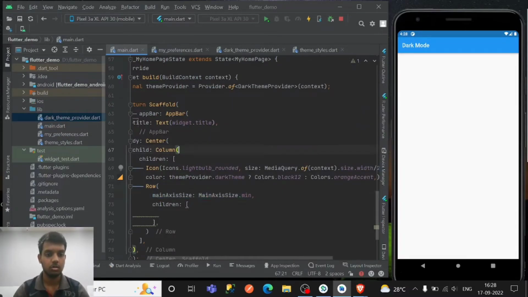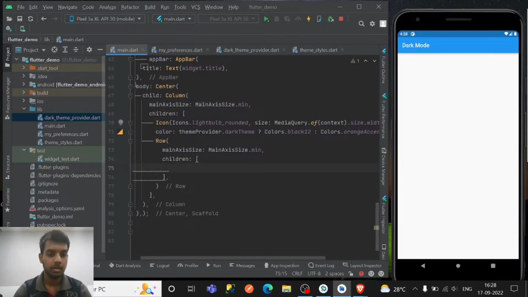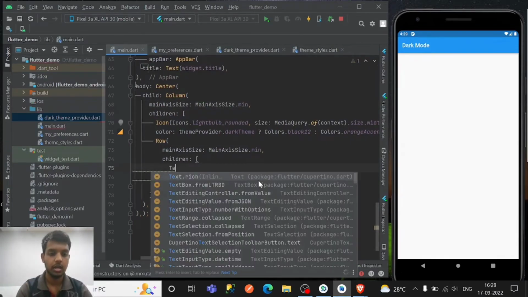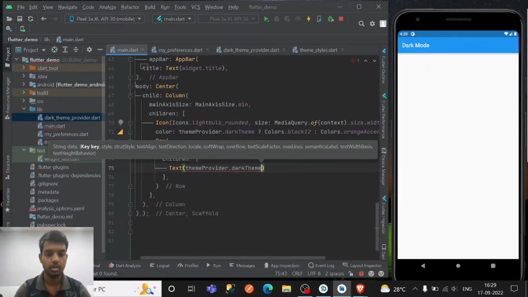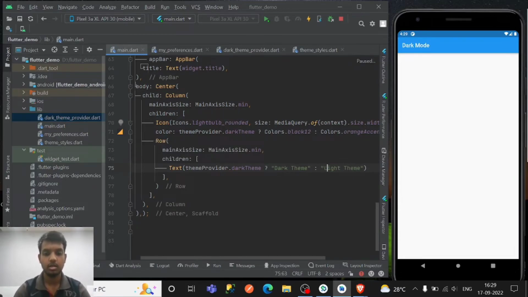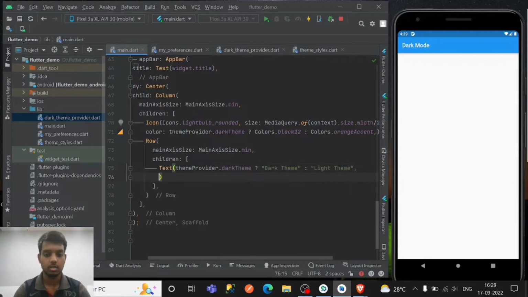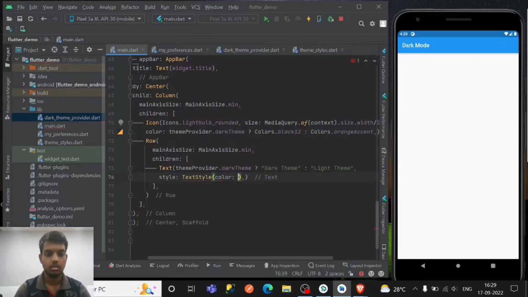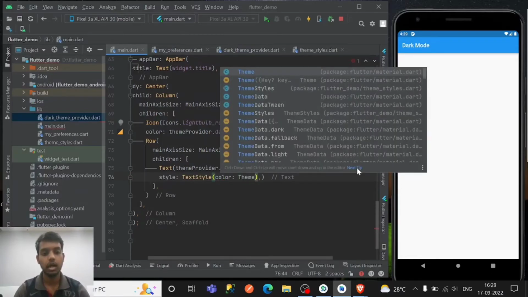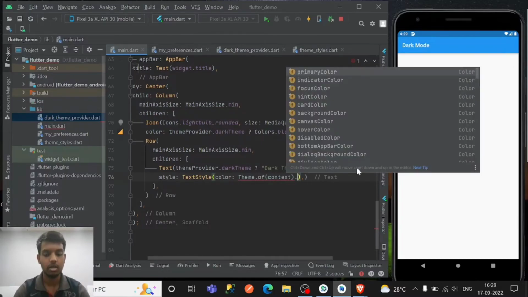This is also main. So let's create a text of, same way, if it is a dark theme, you can provide a text of dark theme or light theme. So to display the basically the styles of the text, here also color, if you remember, we don't have to use any condition here because we already have